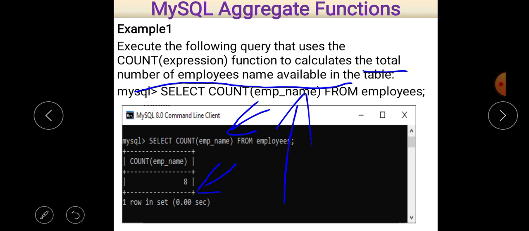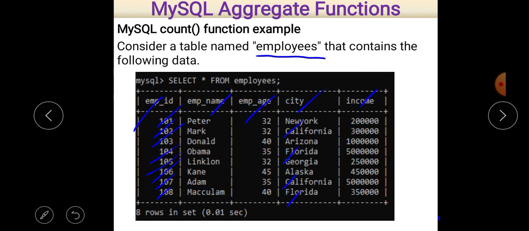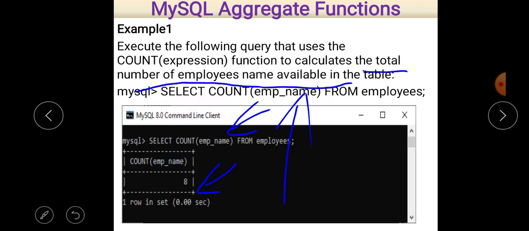So all records are there, and actually in this table, when you see the column name employee, no null value is here. So basically count aggregate function counts the number of rows. So 8 rows are there, so it is our answer.